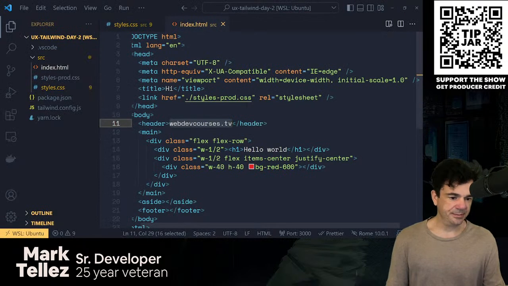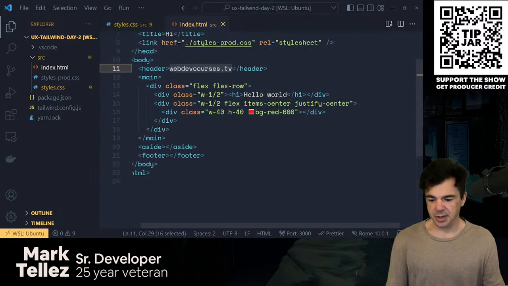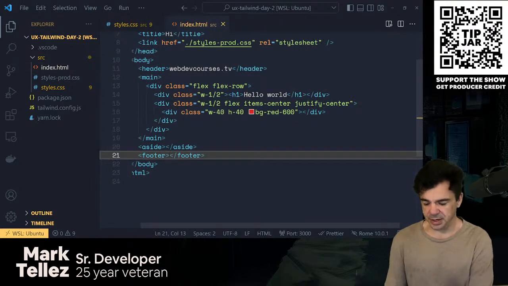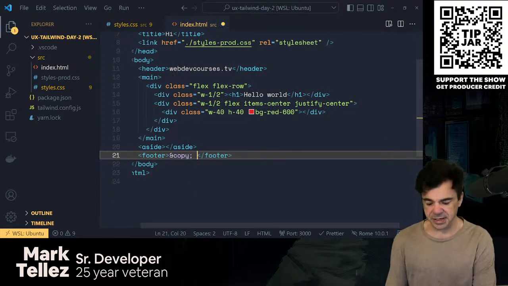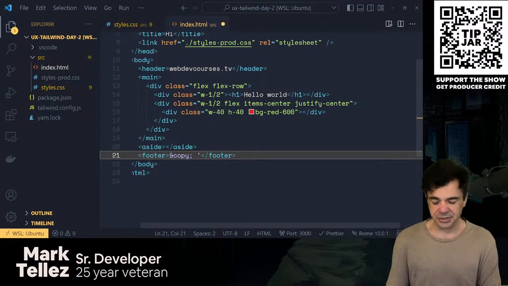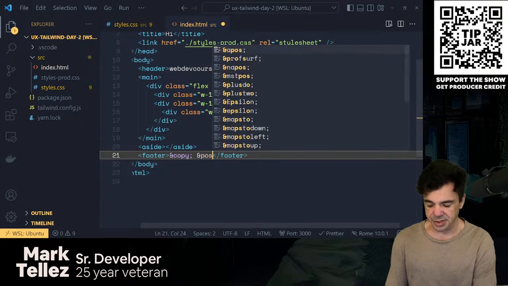What time is it? Oh, shoot, we're running out of time. Let's put your classic footer here. You've got a copyright, right? Now you want to use HTML entities here. If you use stuff like apostrophes in your HTML, it's not actually good for HTML. You're supposed to use the apostrophe